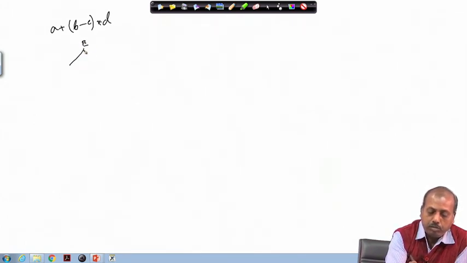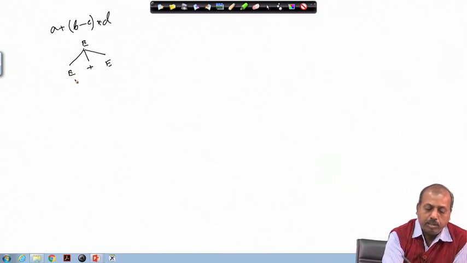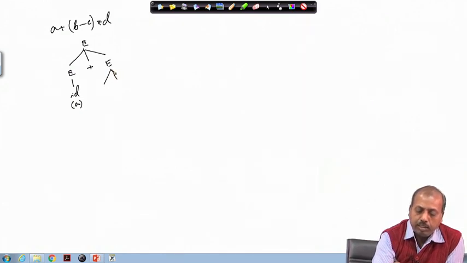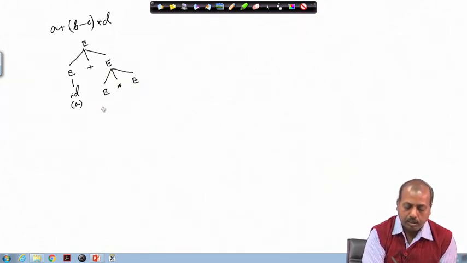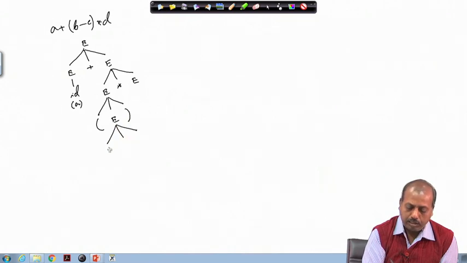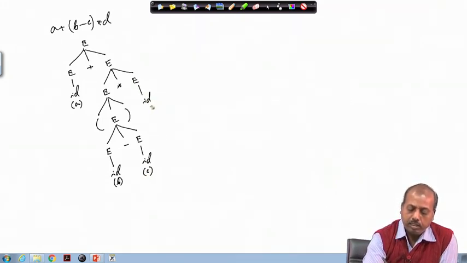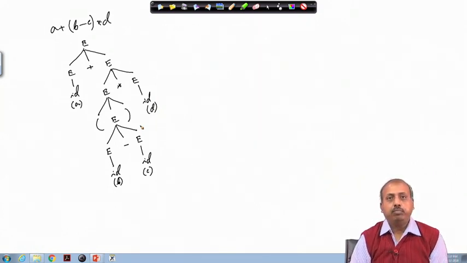So, this is E producing E plus E, then this E can give me ID, which is A, and from this E I have to generate E star E. So, this E can give me, within brackets, E, then this E will give me E minus E, then this E will give me ID, which is B, and this E will give me ID, which is C, fine, and then this E will give me ID, which is D. So, this is the parse tree that is produced.